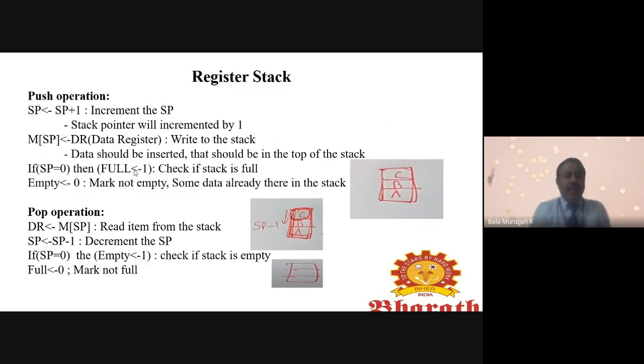If SP equals 0, then we have to check if the stack is full or not. Here in this diagram, A B C, this is already full.